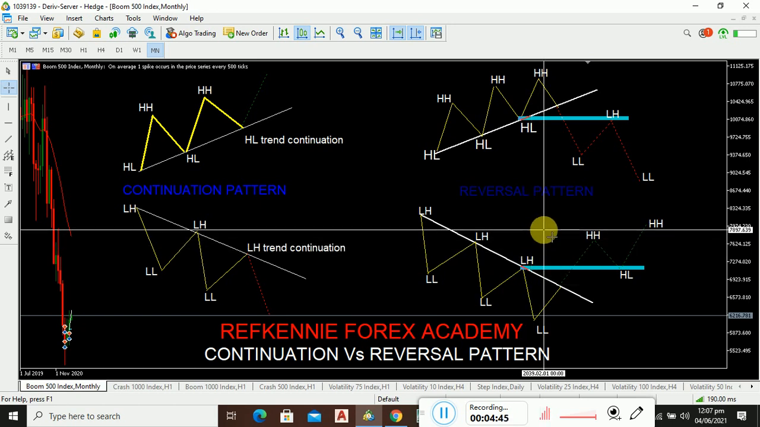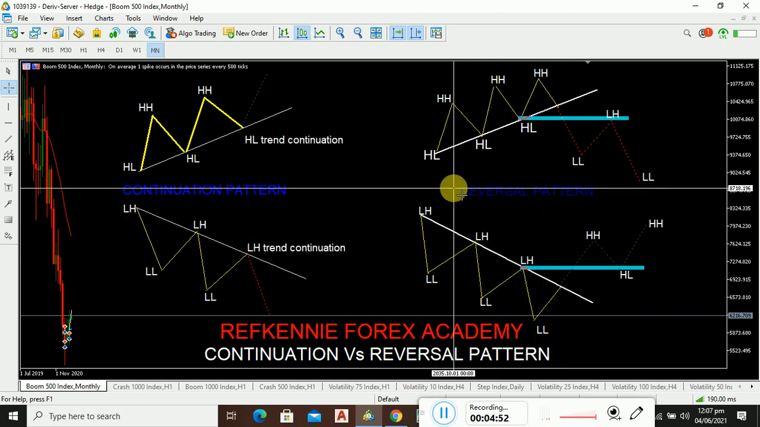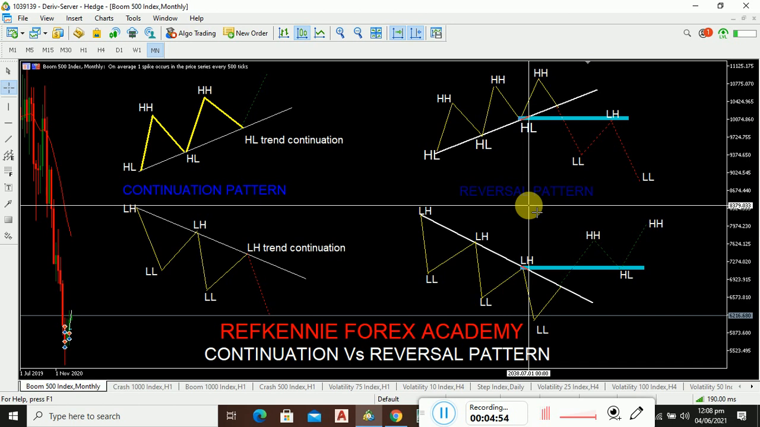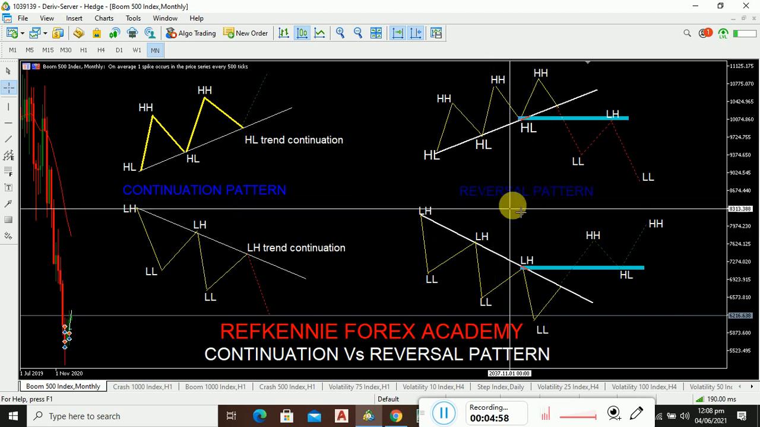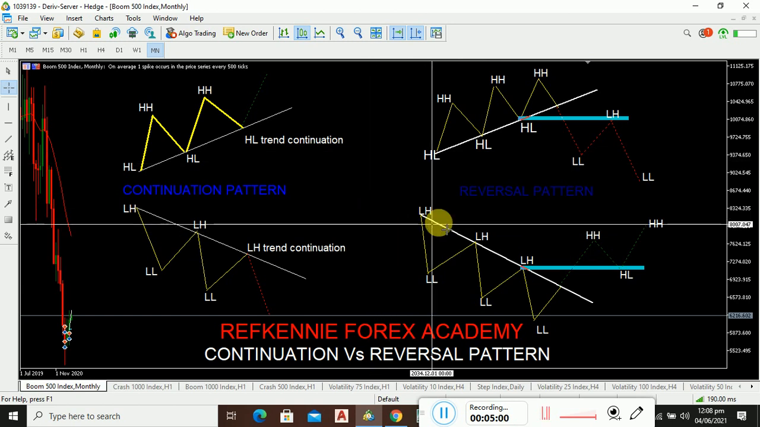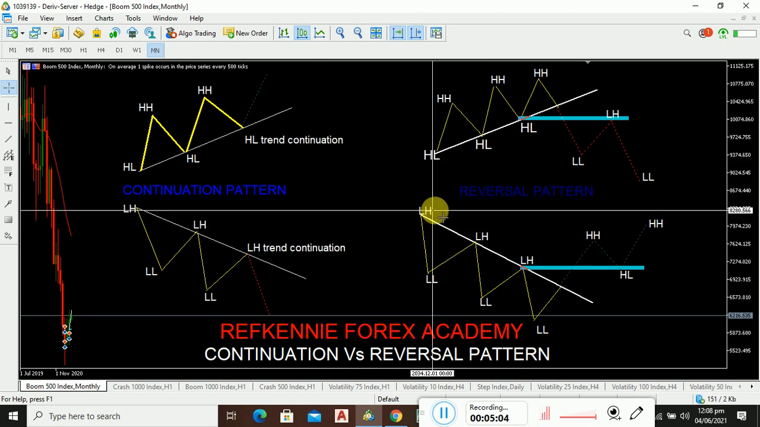So now let's talk about reversals. What is a reversal pattern? A reversal is a price pattern that signals a change in the prevailing trend of a market. It signals a change in the prevailing trend of a market. For example,